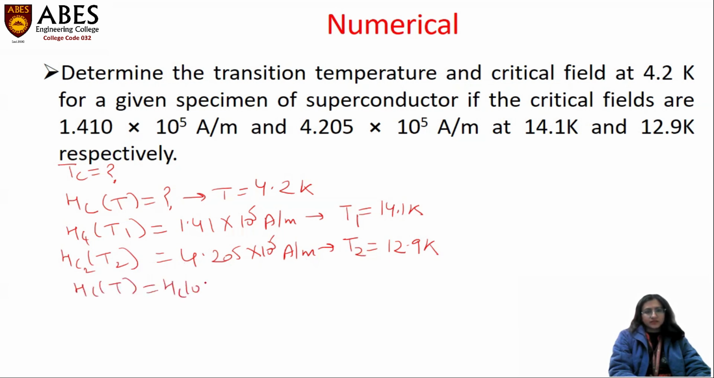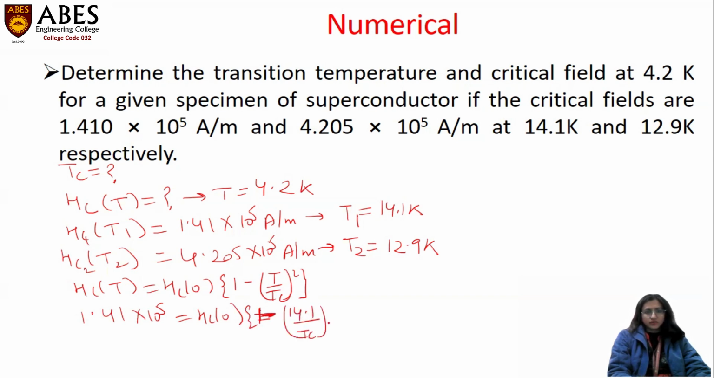HC(T) is equal to HC0. We always need to write the basic equation. 1 mark goes for this standard equation. So first equation, we will have 1.41 into 10 to the power 5 is equal to HC0 multiplied by 1 minus (14.1 by TC) whole square. This is a similar question which I discussed previously. We'll develop two equations. Again, 4.205 into 10 to the power 5 is equal to HC0 times 1 minus